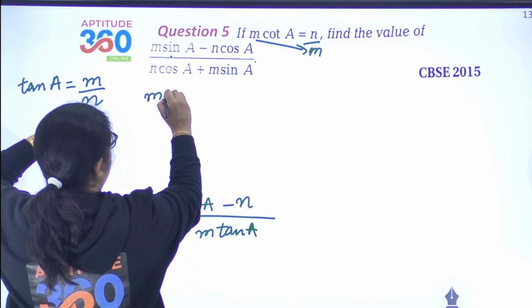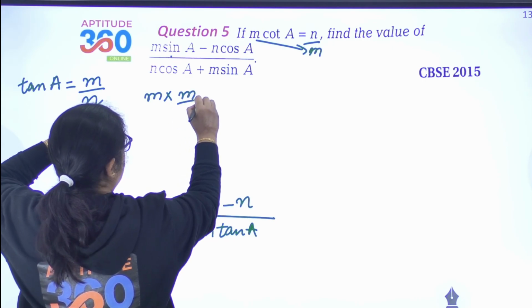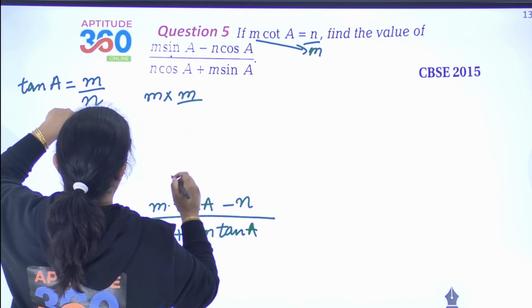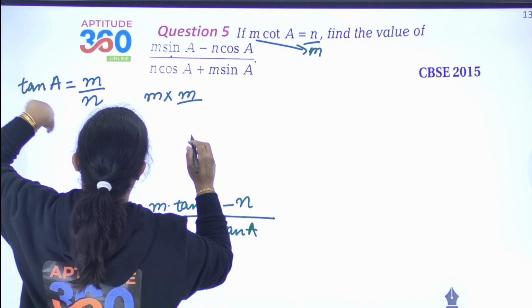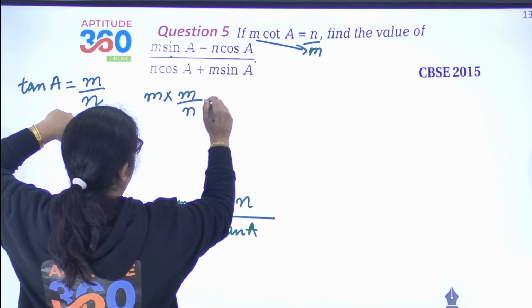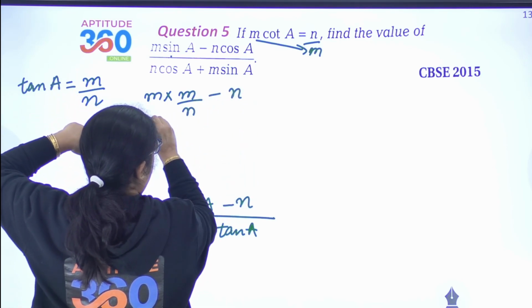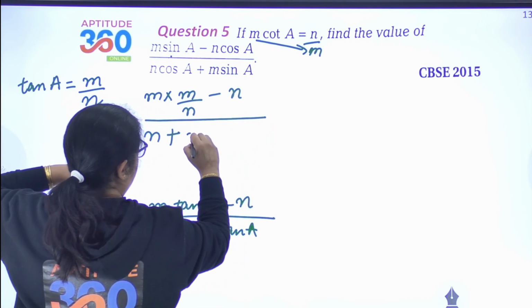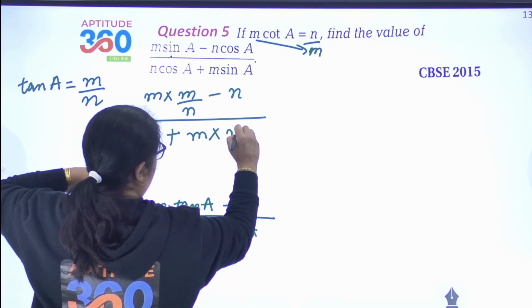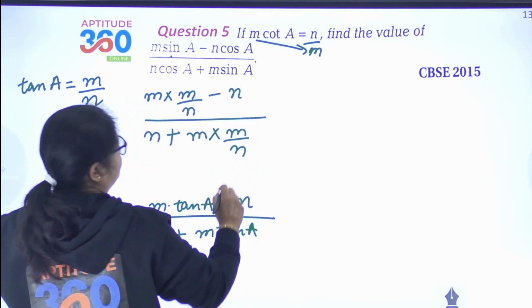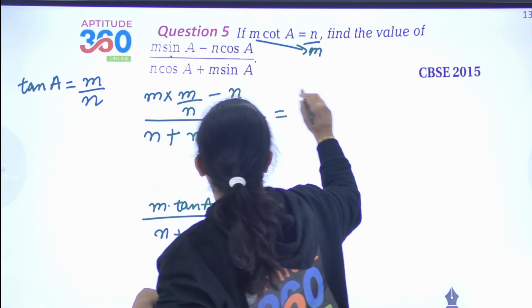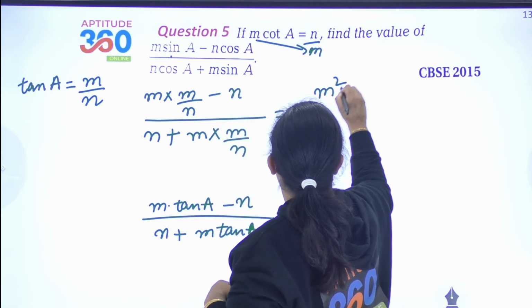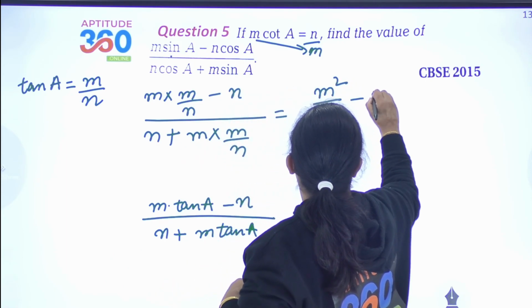So I will substitute the value of tan A in the equation here, and I will write it as m upon n. n plus m into m upon n. So that makes m square upon n minus n